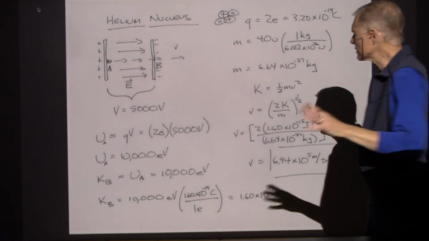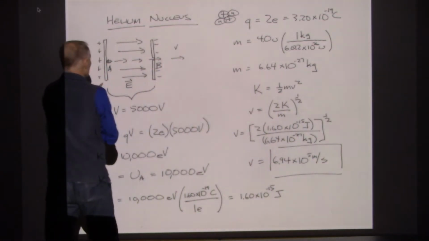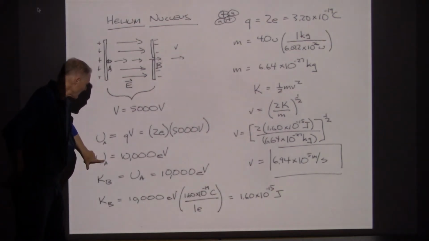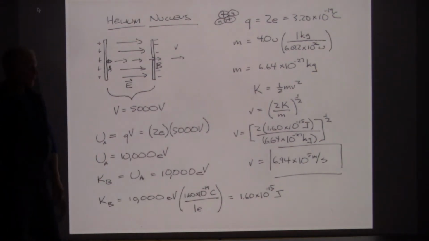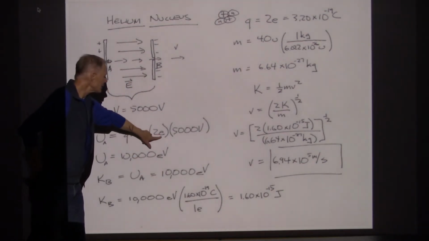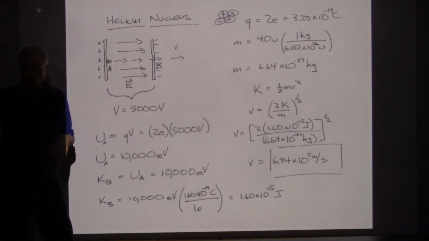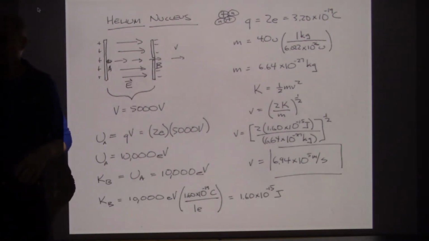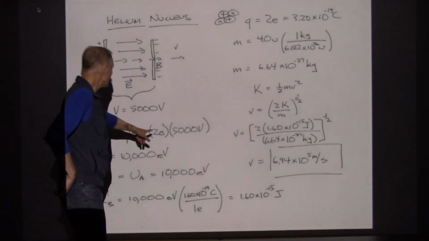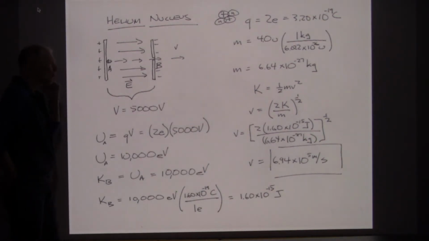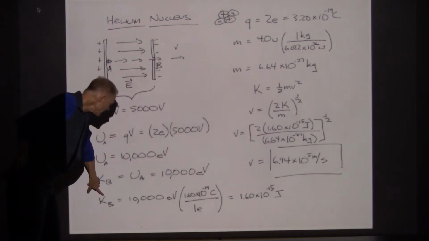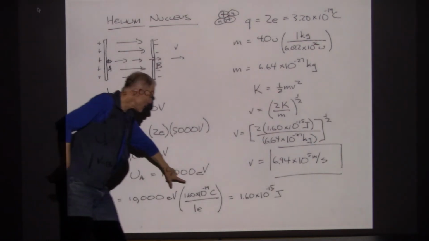So that tells us by the time the helium nucleus exits the region between the plates, all of that potential energy is going to be converted into kinetic. And that gives us 10,000 eV of kinetic energy. That was easy to calculate because the charge of an electron, the charge of a proton, the charge of a helium nucleus are all multiples of e, and that makes the calculations very quick. But if we want to calculate velocities, for example, we're going to need to convert the eV back into